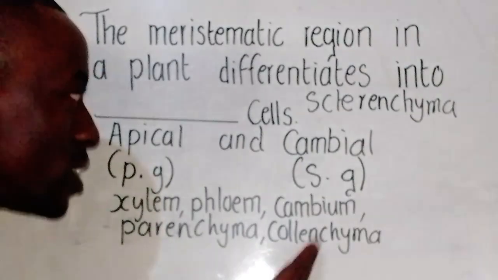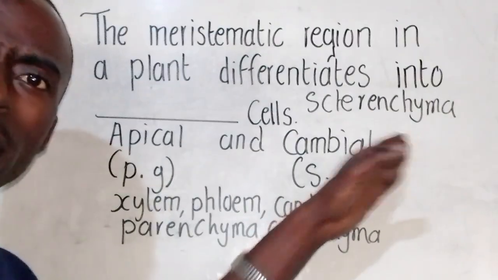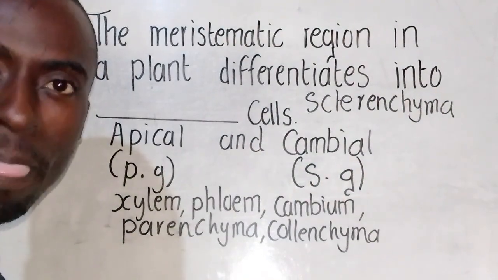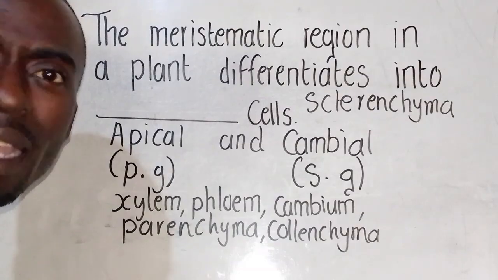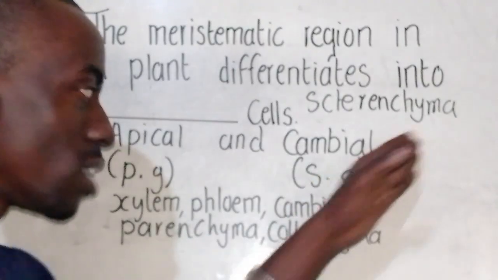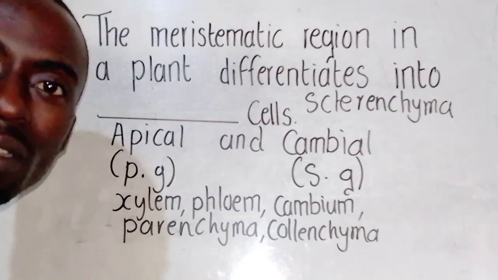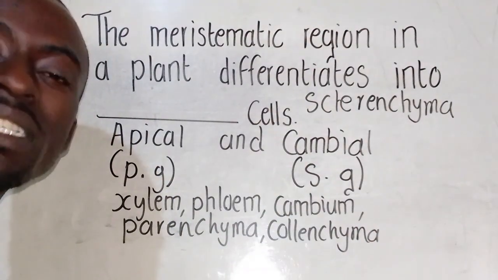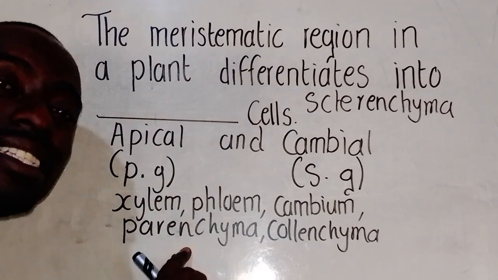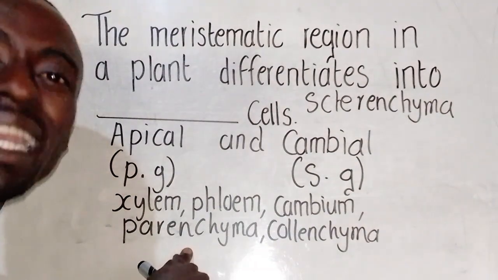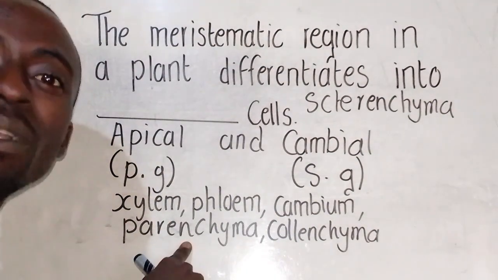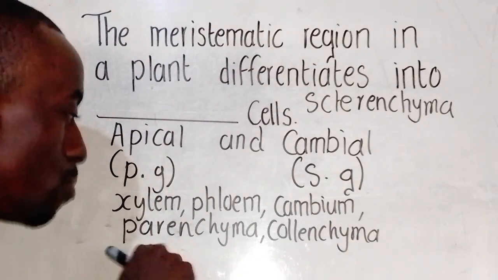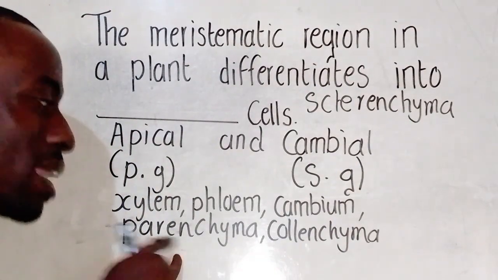Now, how about these here? You must understand that these, which are the ground tissue, are also found within the stem. What's the main difference between these ground tissues? Number one is that all these ground tissues have a cell wall. This cell wall is made up of cellulose. Cellulose is a strong polysaccharide sugar, which makes up the cell wall of the parenchyma